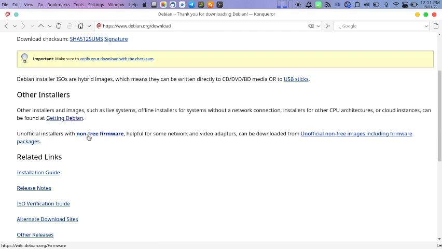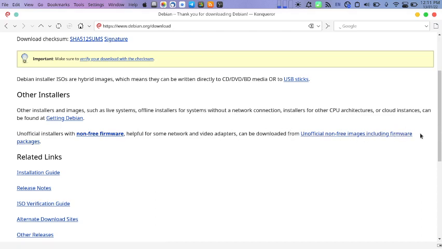So for newbies, for people with basic skills, there is an unofficial installer called non-free firmware. It can be downloaded from the unofficial non-free images including firmware.